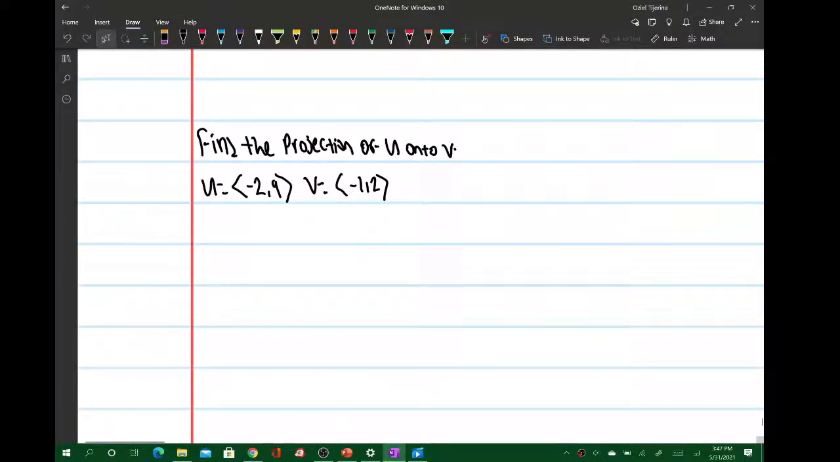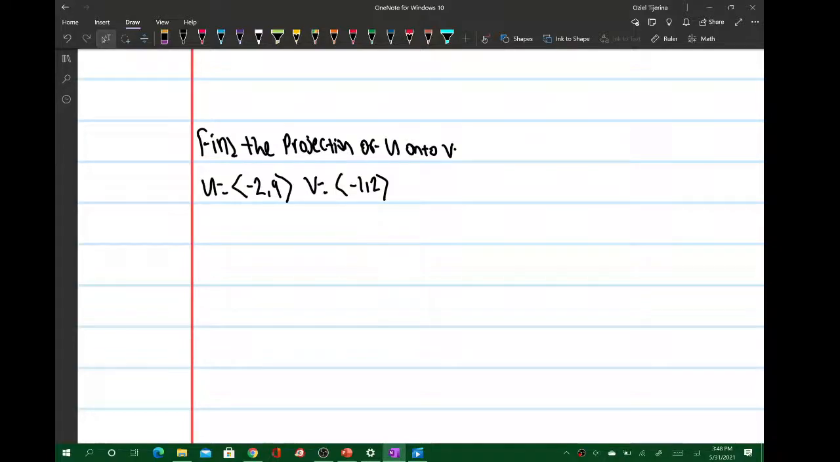Alright, so let's look at this problem very quickly. It says, find the projection of u onto v. u is equal to the vector negative 2, 9, and v is equal to the vector negative 1, 2. So, the way that we do this,